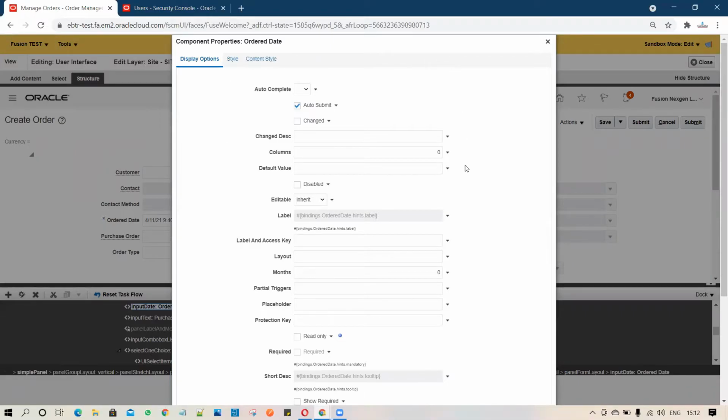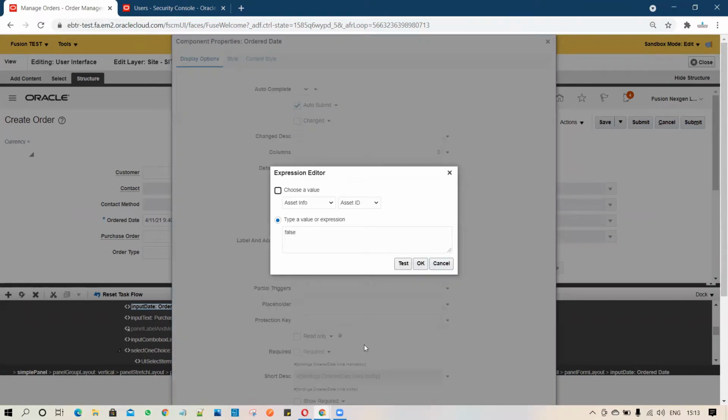We have already covered the detailed personalization in our earlier videos, so you can watch the previous videos from the cards. I want to make this field read only for the rest of the users, but I don't want this field to be read only for my user account. So how to achieve it? You have to select the read only. Once you select read only, you have to click on the drop down and select the expression builder.